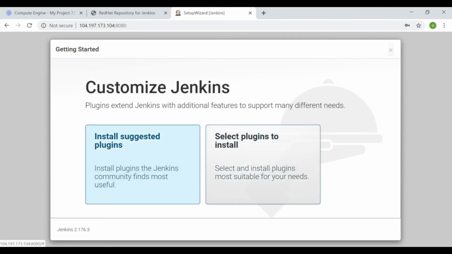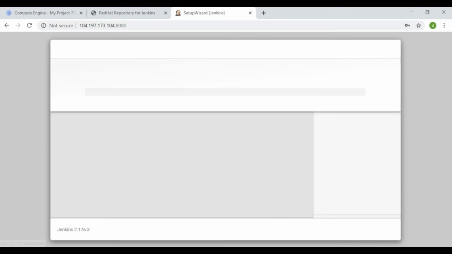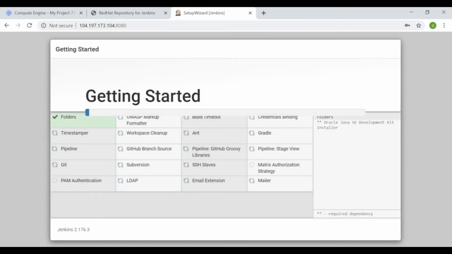So this is where you will install plugins. Post installation also, like after installing Jenkins and after login also, we can install some plugins. That also we'll do once we start creating our jobs. So now let us go with the suggested plugins. So the default plugins, like more widely used plugins, will be installed now. You can see here some of the plugins like SVN, LDAP, Git, Pipeline and so on.